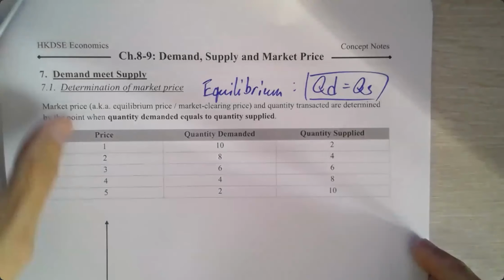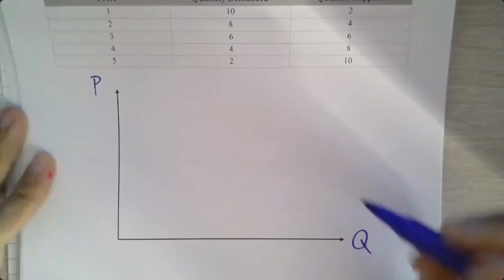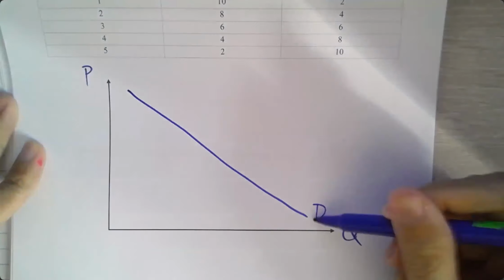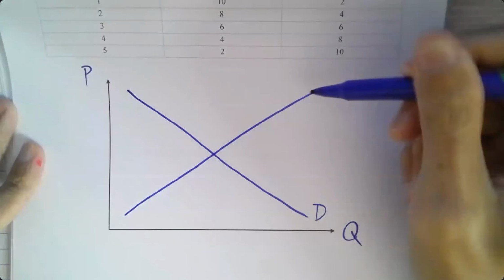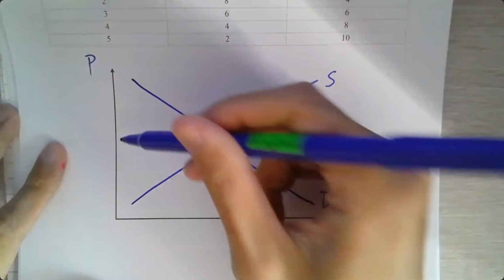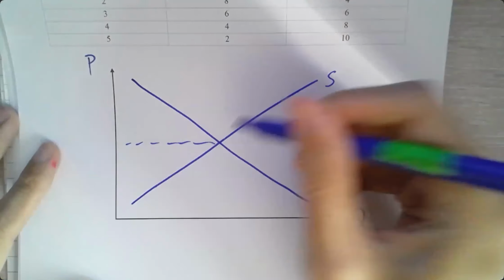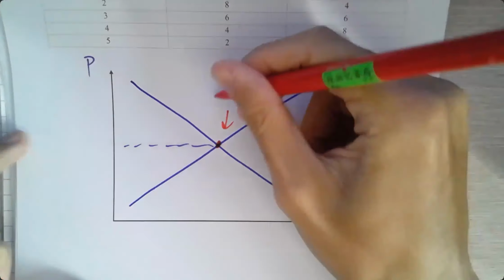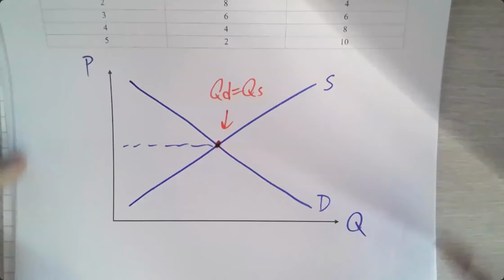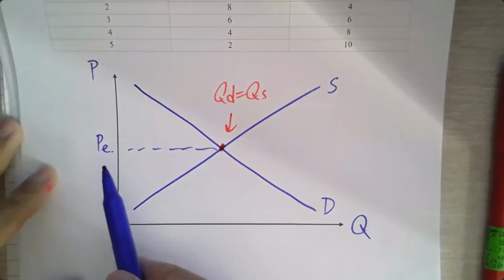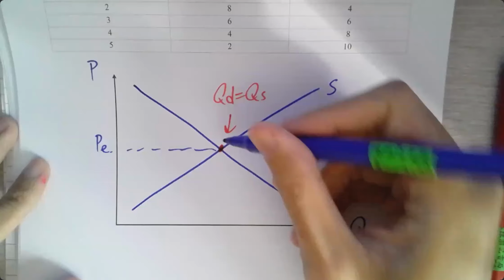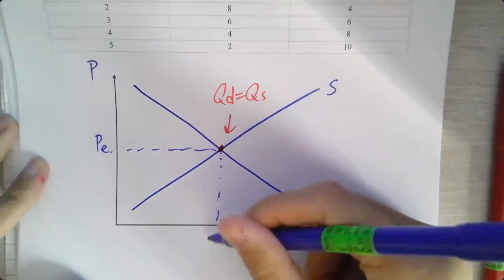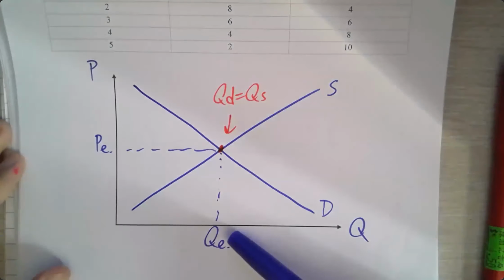Now from a first, actually, let's use a graph first. Okay, from a graphical perspective, it will look something like this. This is our demand, and this, if you remember, upward sloping, this will be our supply. So this one, when they meet up, this point, this is the point where QD equals to QS, okay? 好嘛？This price is what we call equilibrium price, while this one, the quantity, is what we call equilibrium quantity